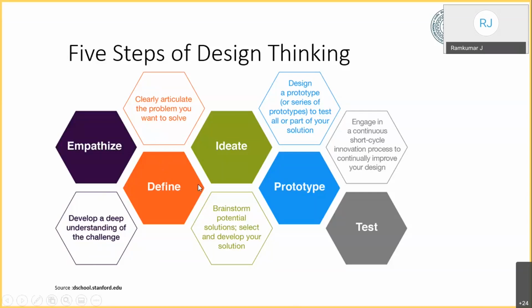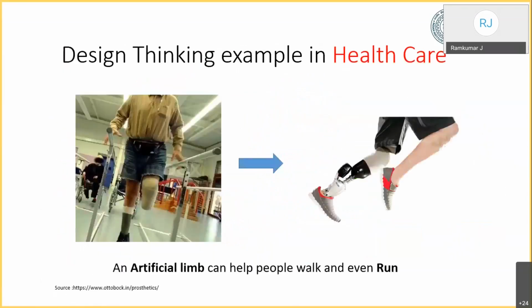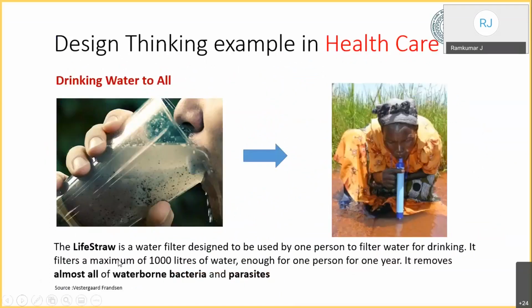Then you have to define what the problem is. For example, if you go back and remember the dirty water problem, I said the livestock developed a filter which can filter a maximum of 1,000 liters of water. And why did they say 1,000 liters? Because the cost they offered is okay; if you divide it by a year, they feel comfortable paying for it, and in a year, what they need is 1,000 liters. And when we start working on this problem, we also have to make sure the filter cannot weigh a few kilos. And the filter also has to have a freedom when the suction happens, the water has to move.